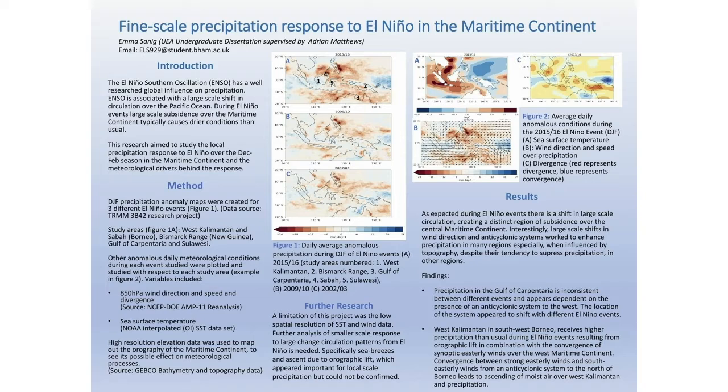location was really influenced by large-scale changes in circulation patterns, particularly the effect that this has on wind direction, whether that be through anticyclonic systems in the northwest or anticyclonic systems over Australia. And changes in wind direction were also really interesting in how they interacted with small-scale processes such as land-sea breezes and orographic lift, which were really important mechanisms for precipitation in the maritime continent generally. So yeah, that's what I found. Thank you for listening.